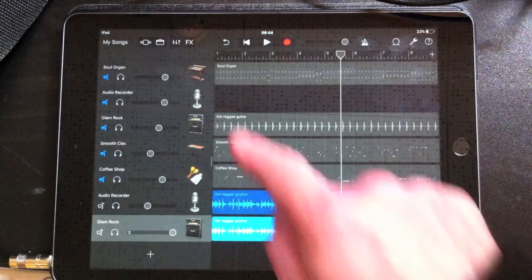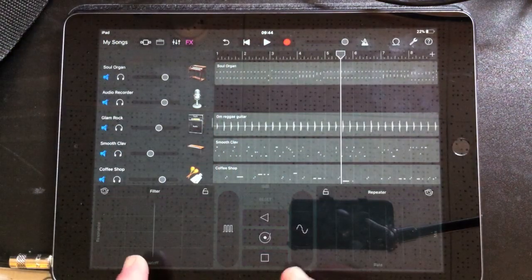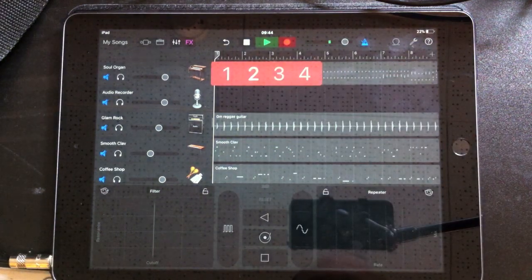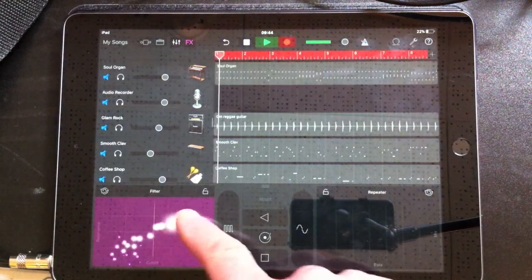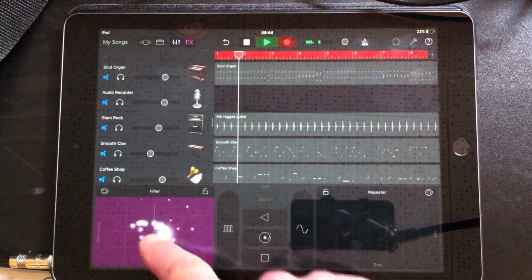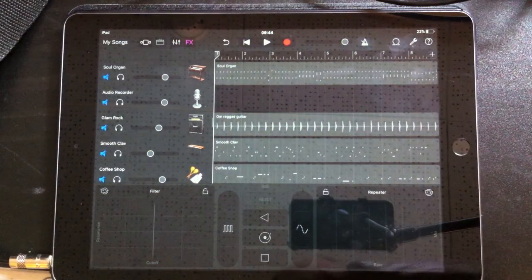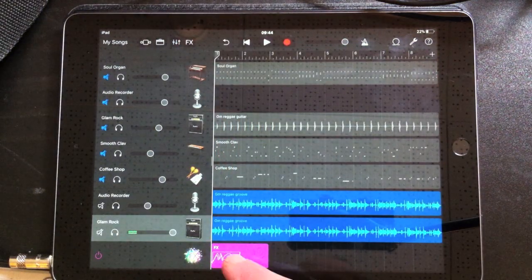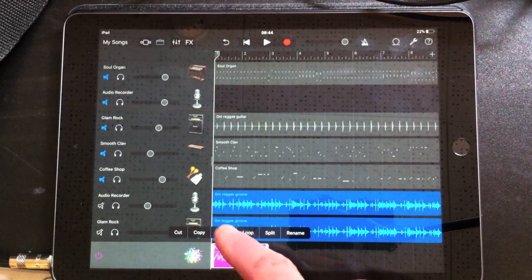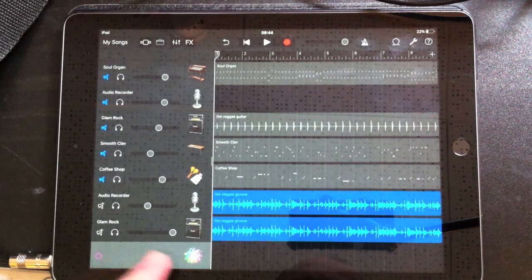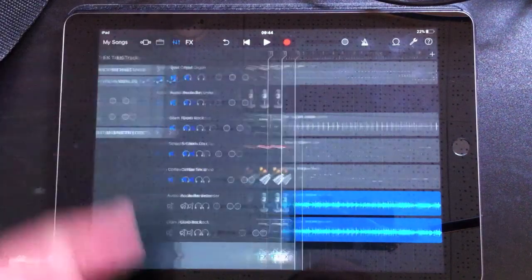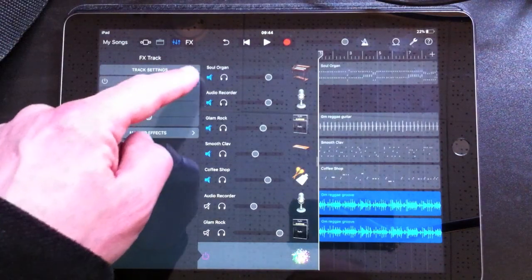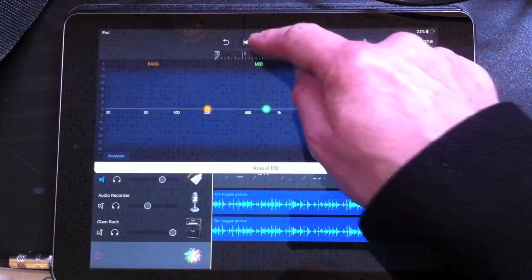Now, the other thing I can do is, sorry, just go back there. If I go to effects now at the top and record something, you know, the filter thing that you can do on GarageBand. Okay, I'm not going to use that, but rather what's happened now is that an effects track has appeared at the bottom, which I can then delete, but it keeps the track. Now on that track, you can change your EQ or the master effects. So if we go to visual EQ now,